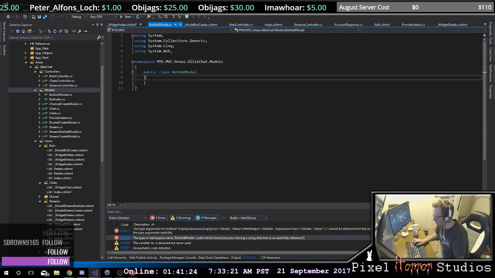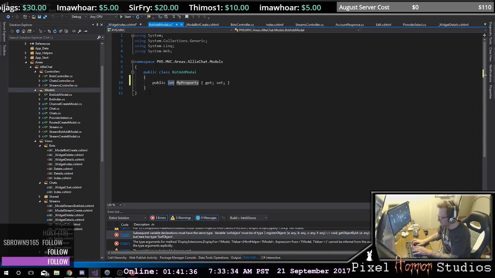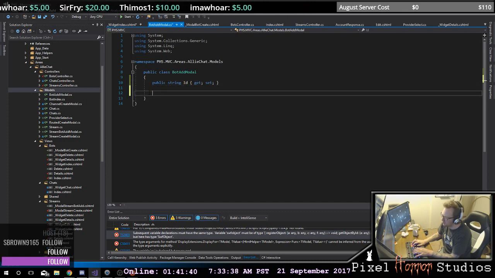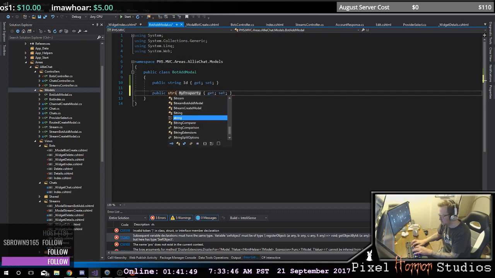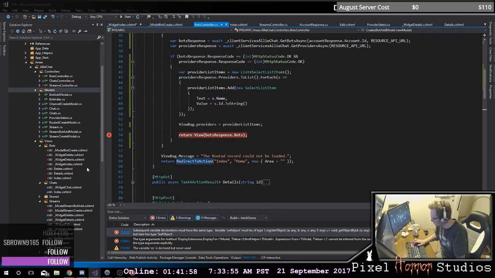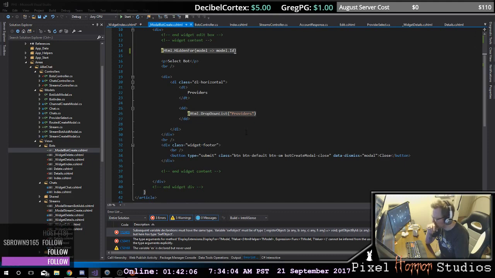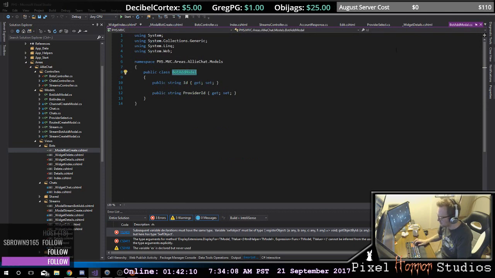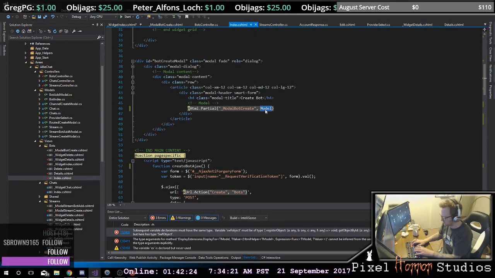So you want to add in here, it's just going to be that ID, right? And then also a string here called a provider ID, right? Okay. Which means that over here on index where you're launching this thing here, this is going to be a new